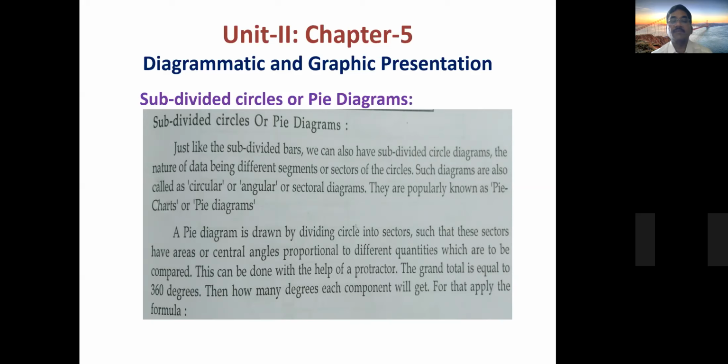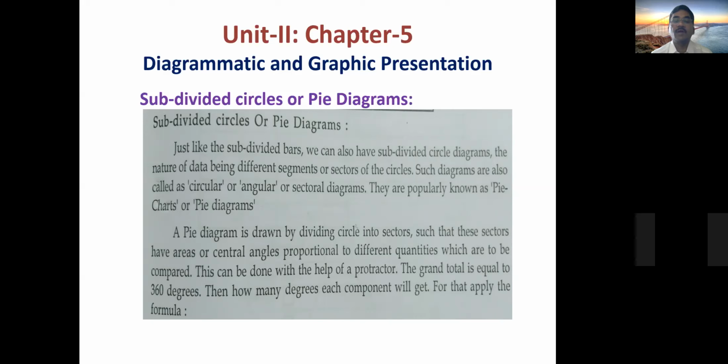What do you mean by the characteristics of the data? For example, if you take population, there are different sections. Income wise we can segregate, age wise, literacy wise, employment wise, caste wise, religion wise, like that. Whatever requirements you have, you need to show in the pie chart. If you give the data, then the circle will be segmented accordingly.